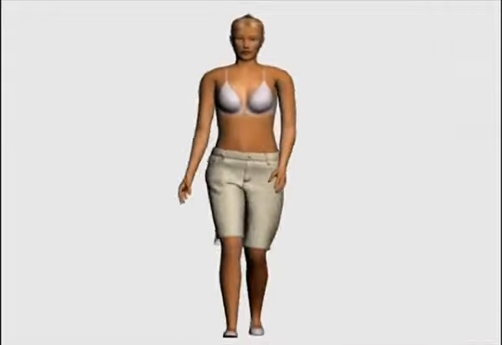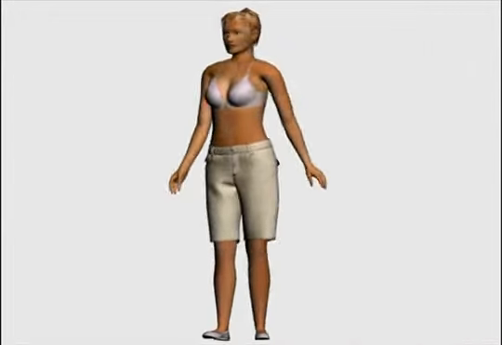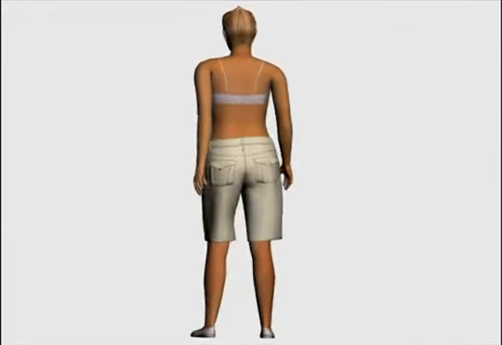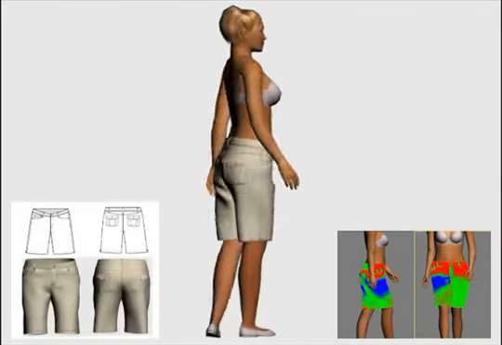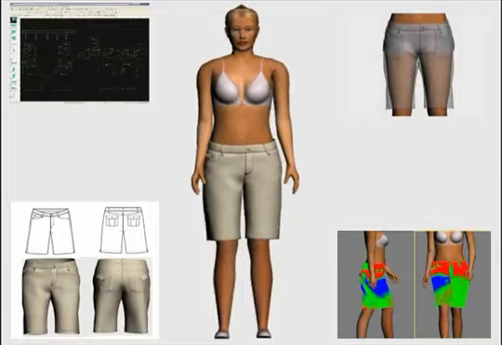eFit has powerful tools such as tension mapping to determine tight and loose areas. You see here in the red is the tight and the green and blue are the loose areas. Also, an X-ray view is provided to see how the lining of the garment